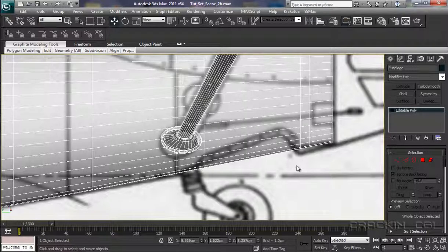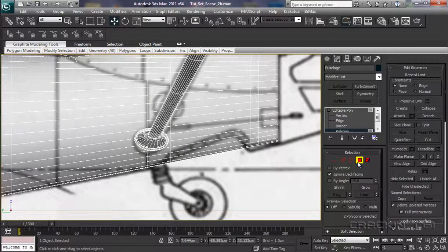Right click to end those actions. Now we could of course use our cut tool to actually cut out this shape here, or we could use some Boolean expressions. I think in this case we're going to use Boolean again. So I'm going to pop into the root, go down, select polygon. Let's open this up a little bit so we can see a bit more. So we've got polygon. I'm going to uncheck ignore back facing, and then